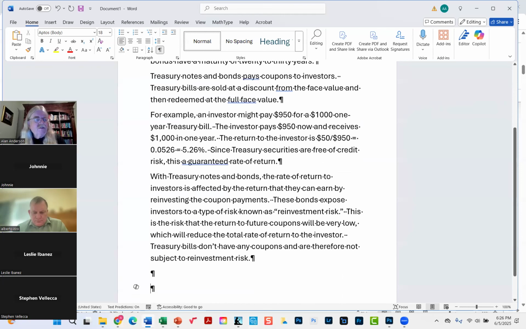Now, suppose you're an investor and you say to yourself, that sounds very attractive to me. I wish I could buy a 10-year treasury note that was sold at a discount from face value. That would be perfect because I have a 10-year investment horizon and I don't want to worry about reinvestment income. So, if only I could find such a security in the marketplace. But it doesn't exist. So somewhere along the way in the early mid 80s, Wall Street dealers got together and